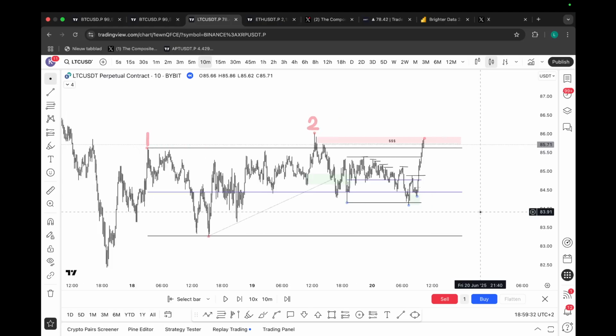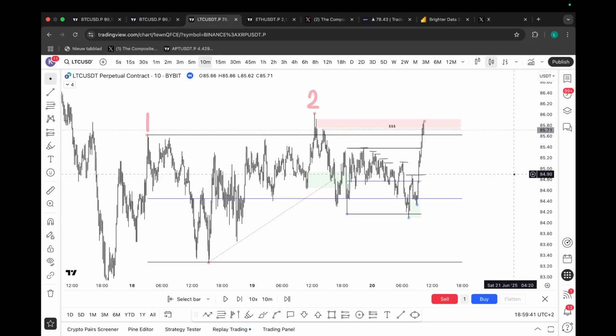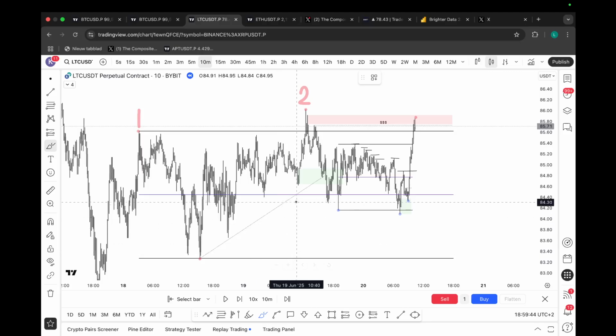Because what you want to see is you want to see liquidity pointing in one direction. When you have a model where the liquidity is simply pointing in one direction, those are going to be your best models. Now, what do I mean with that? With liquidity pointing in one direction? Well, you're building higher lows here. So you're building sell-side liquidity. If you get that move up, and like I earlier said, I wanted that move up to create its own sell-side liquidity as well, and you sweep this high, you're basically sweeping all buy-side liquidity because that high has resting buy-side liquidity above it. You're taking all buy-side, leaving all sell-side intact.